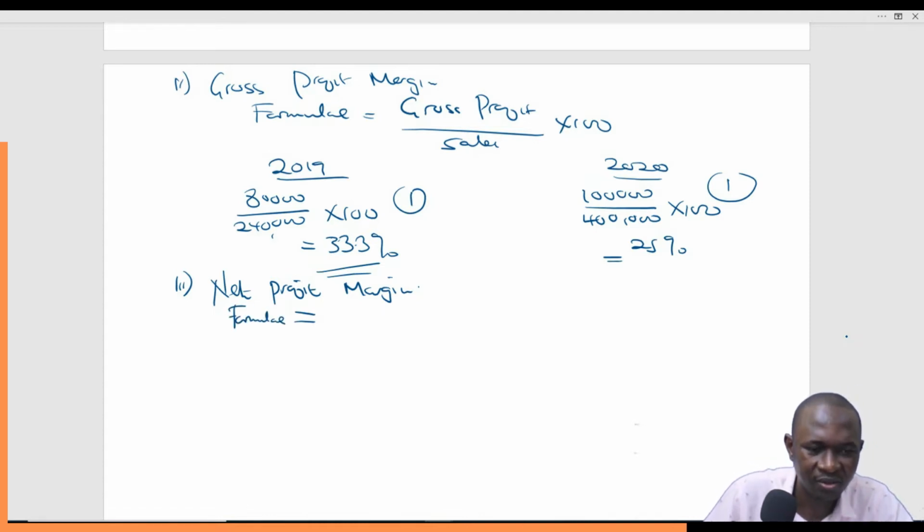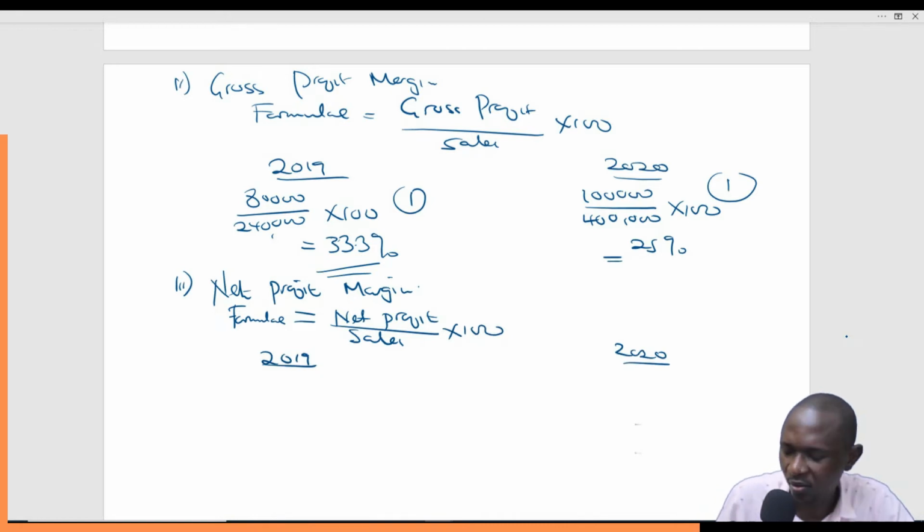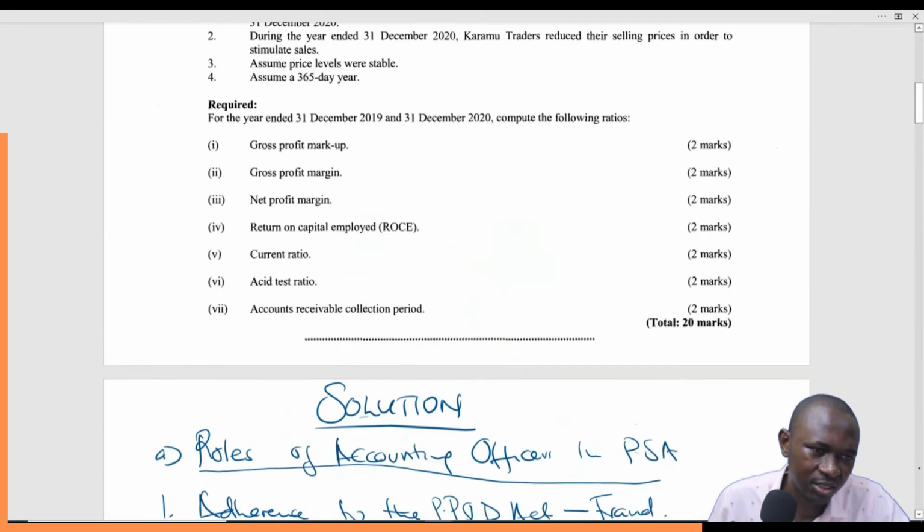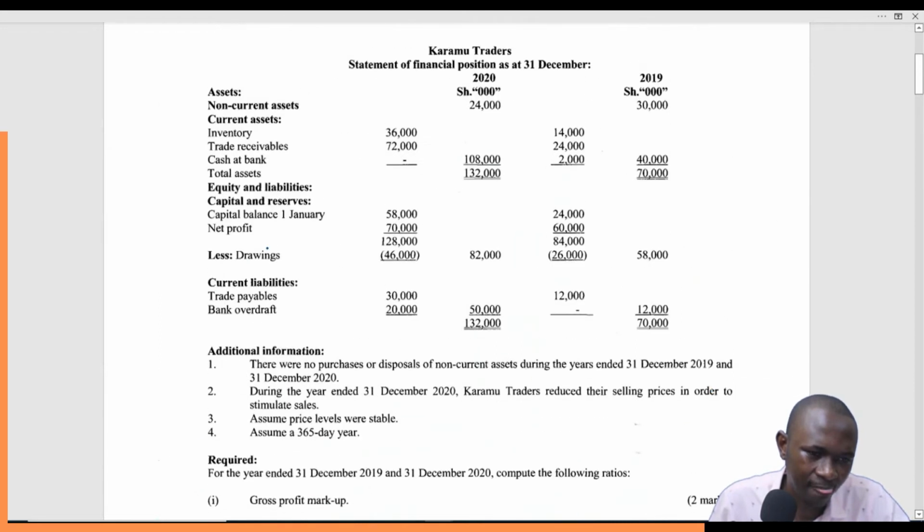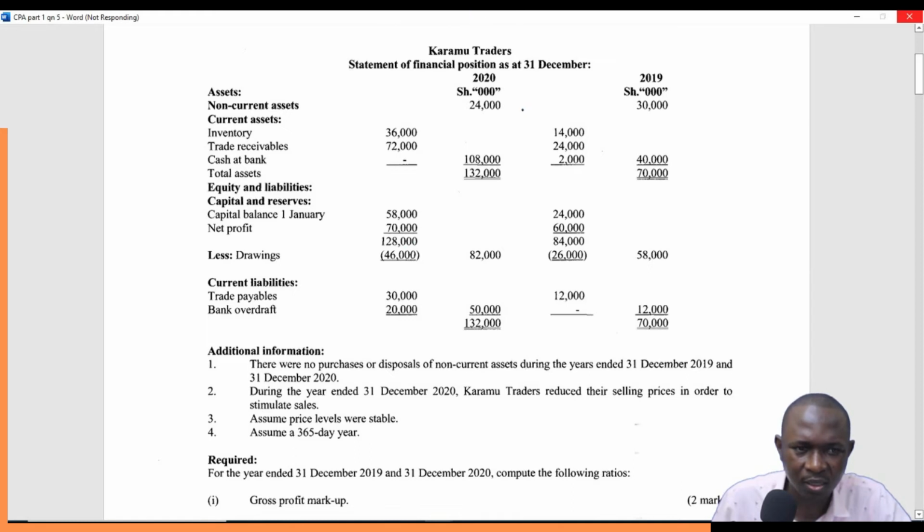And net profit margin. The formula is also net profit, just like the preceding example. Net profit over sales times 100. That's simple. So you just say 2019, 2020, and then we go back up here, pick the net profit. Sorry, this is not responding, but you can see from here net profit is 70,000 in 2020 and 60,000 in